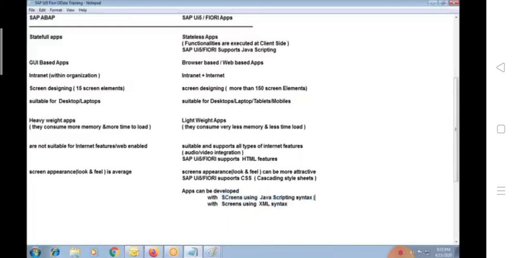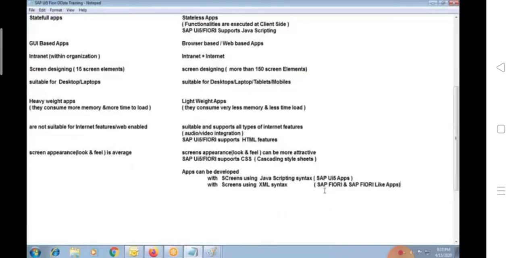JavaScripting syntax is mainly used in normal UI5 apps, and XML syntax is used in all standard SAP Fiori apps and SAP Fiori-like custom applications.